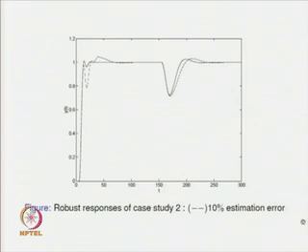So, assuming that we have got overestimation, then in place of theta equal to 5, we will use theta equal to 5.5